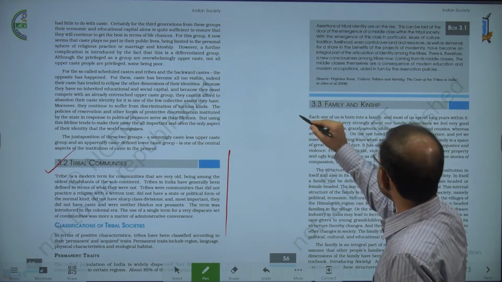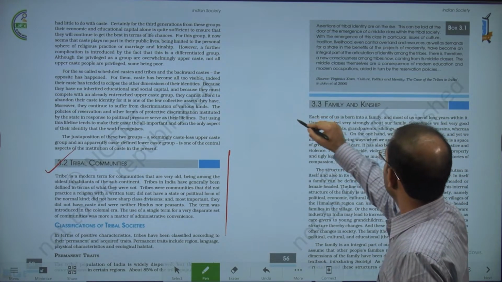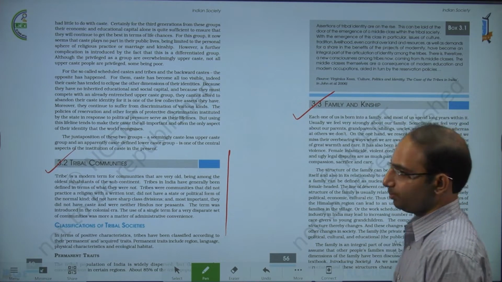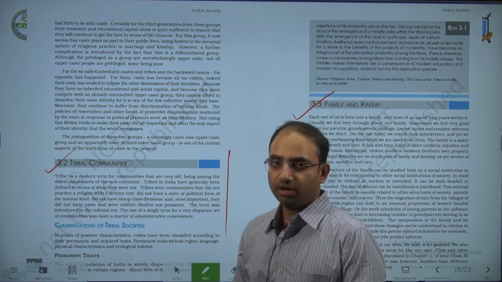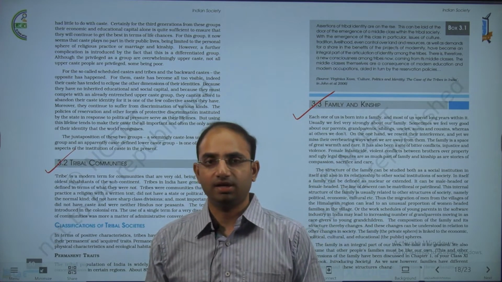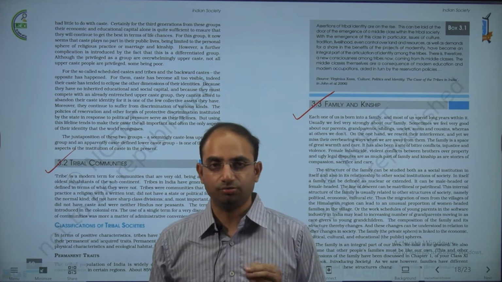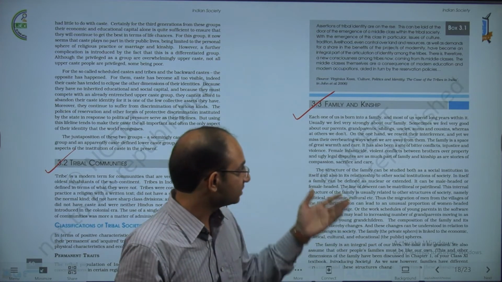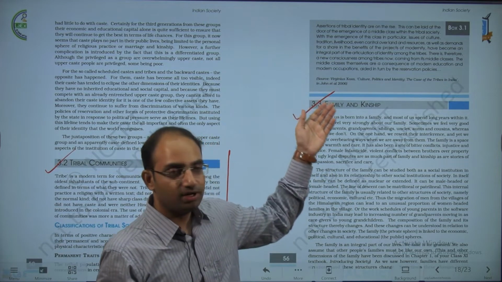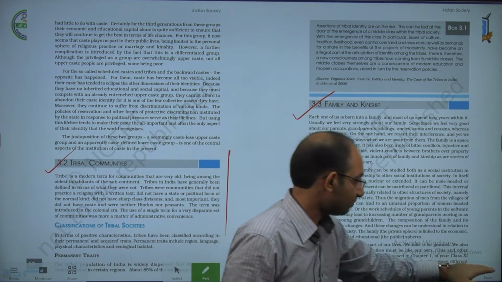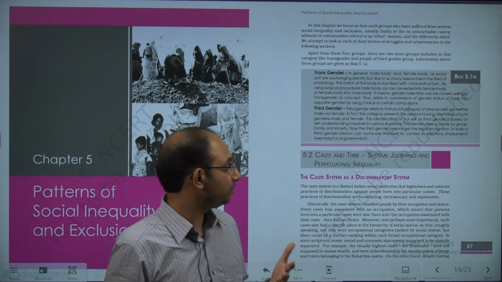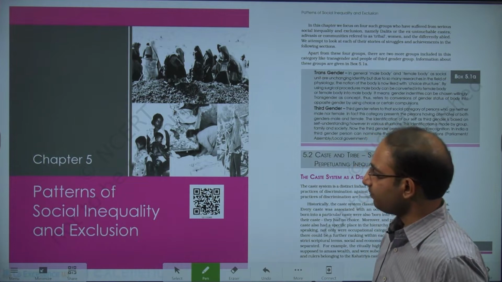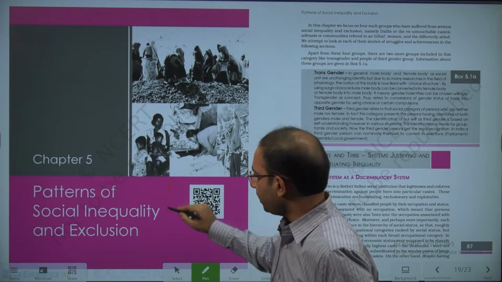And then we'll also move on to family and kinship. Family and kinship is another important point, because in paper 1 we will discuss marriage, family and kinship, because marriage, family and kinship are the 3 pillars on which any society rests. So this chapter gives you a very holistic understanding of these topics conceptually. Although it's very simple and basic, nonetheless it's very, very important. Then chapter 5 is about social inequality and exclusion.